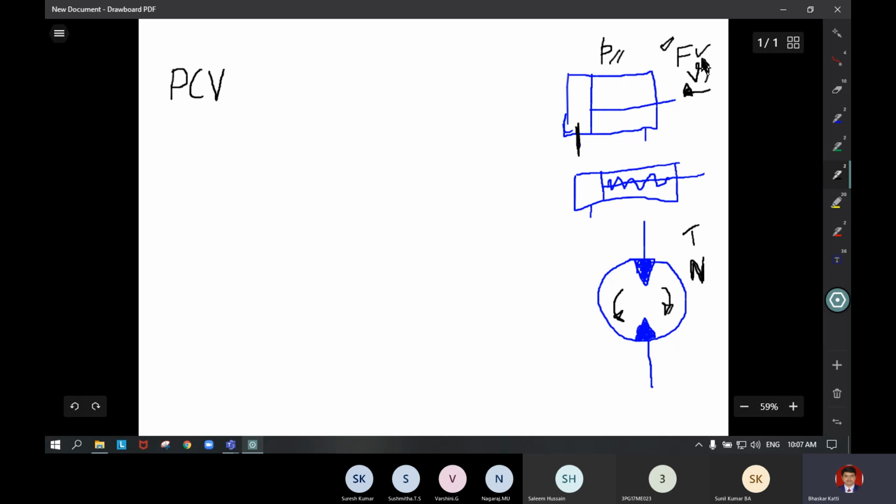For velocity, if you want more velocity of extension, it is associated with the flow rate Q. Flow rate is expressed as A into V, the cross section multiplied by the velocity. To get an increased V, we have to supply more fluid, that means the quantity of flow is required.